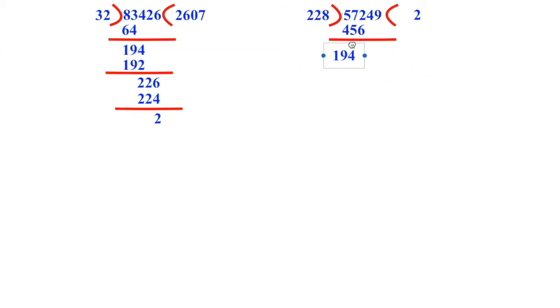Okay, let's subtract. 10 minus 6, 12 minus 6 is 6. 6 minus 5 is 1. 5 minus 4 is 1. Again you need to bring that 4 down. 4 down, 1164. How much will it go? 6 it won't take. 5, I think. I suppose 5 is fine. Yes, 5 is fine. So let's take 5.